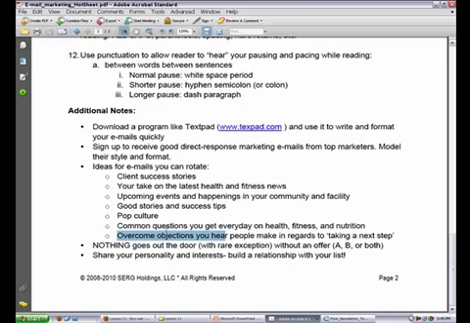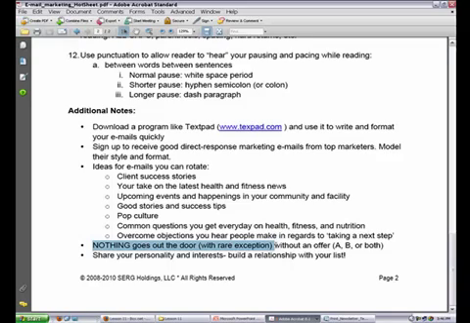Again, you want to alternate these different types of content and ideas to have them be the most responsive, and then make sure nothing goes out the door without an offer, with the rare exception. There's times to just send emails with really no call to action, but most of the time you want to at least have tucked in there somewhere, even if it's just in the PS, a soft offer, as opposed to a hard offer with a deadline and really driving it hard. At least a soft offer, so if a prospect read it and enjoyed it, they have an immediate place to click and request a consultation or come for a free week or whatever the case may be.